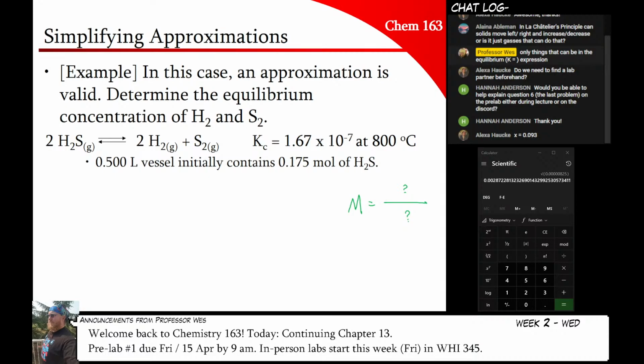Because remember, for Kc, we want concentrations. Kp, we want pressures. So if I give you it in some other format, you're going to have to rearrange your terms or your units so that you get what the units of K are asking for. Okay, so I'm going to let you try this problem. Do use the x is small approach because Kc is very small, so it's very likely that it will be a valid approximation. Once you've gotten your x value, check your approximation to see that it is valid. And we'll go over the answer in about 5 minutes.